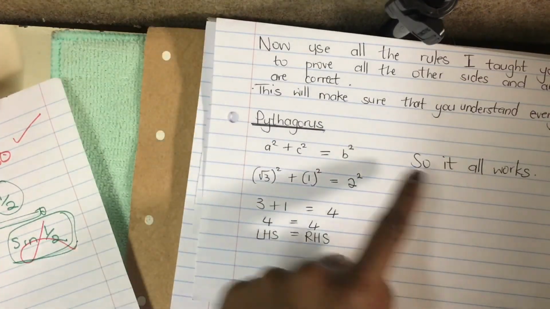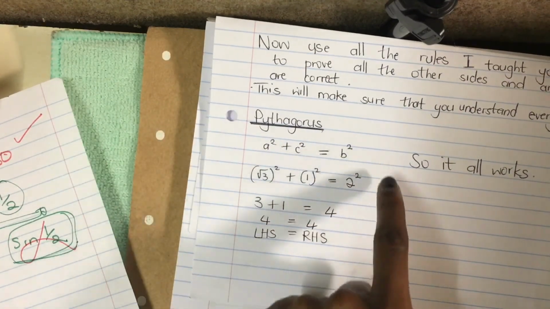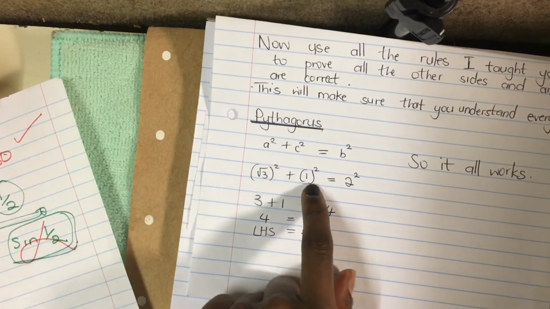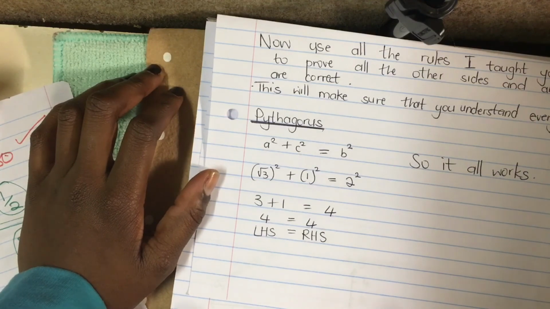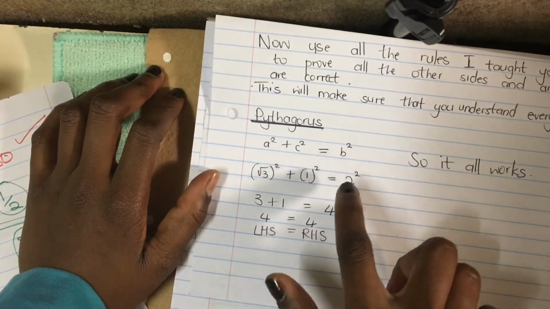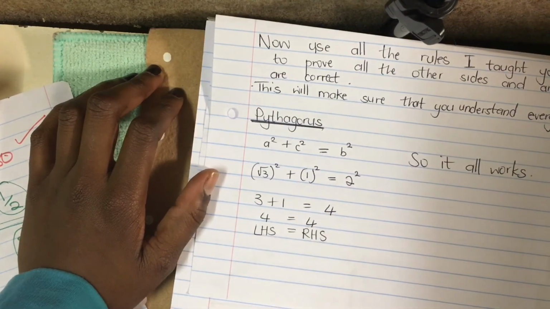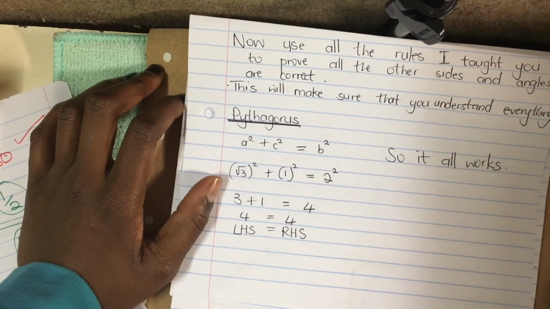Then we look at the sides, using Pythagoras working now. A squared plus C squared is equal to what? B squared. So we look at the first side, which is root 3 plus 1 will give us 2. So root 3 squared will give us 3, 1 squared will give us 1, and then 2 squared gives us 4. So 4 is equal to 4, a right angle triangle. We show off that. Let me cut it before it becomes too long, and then we'll finish the other chapters